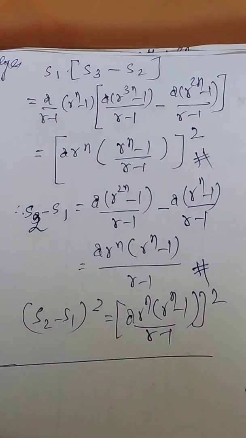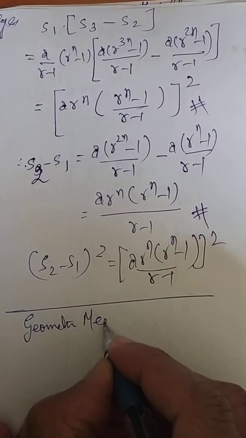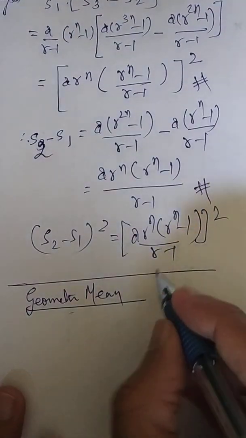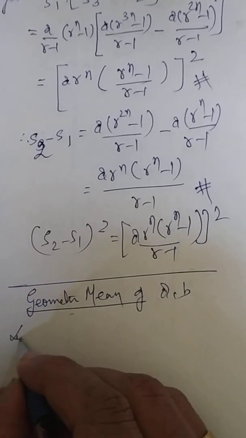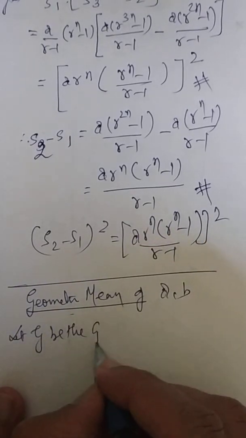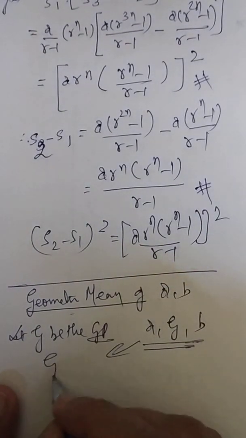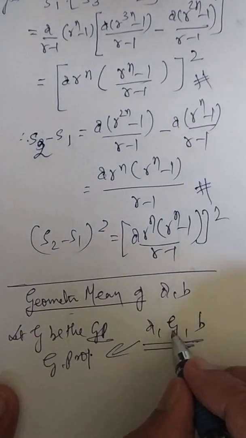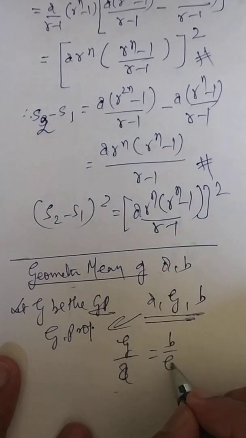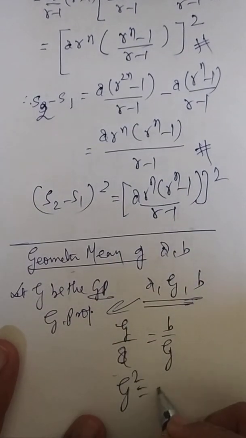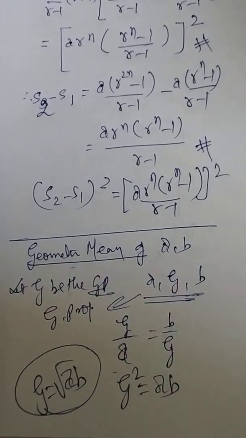Now another term, let me explain, that is called geometric mean. Arithmetic mean you are familiar with. So suppose you are asking me what is the geometric mean of A and B. So I will say let G be the geometric mean. The G will be in between, and this becomes a geometric progression. In the geometric progression, what is known to you? Second term by first term will be equal to third term by second term. So if you cross multiply, you will get G square is equal to AB, or the value of G is nothing but square root of AB. This is the concept called geometric mean.